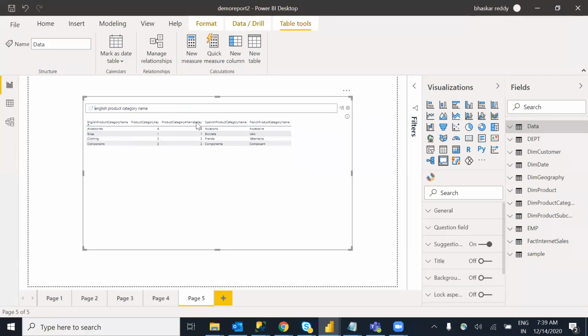So the data is coming over here based on my dim customer. The dim product category table is there, and it is showing the data we have: accessories, bikes, clothing and all. We have the entire table information showing over here. This is how you can ask questions about your data. After that I ask a question like dim product category name, only the category name, I want it. So it is showing that information over here.